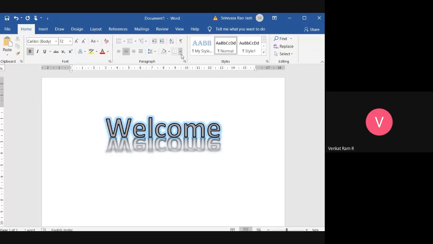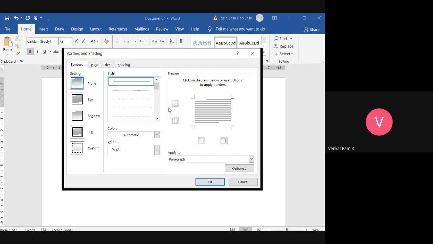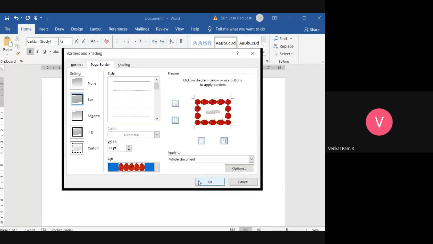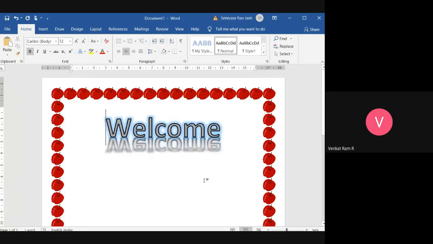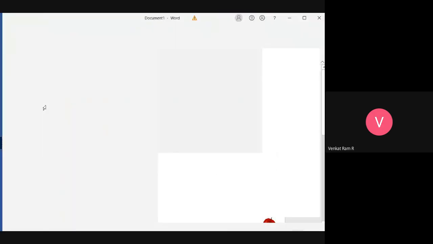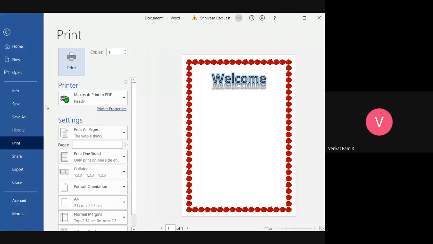Okay, sir. Even if you set a border before on the paper, definitely you will get it. See, I will set some borders for you people. Go to page border. If you want any art, just select it. I clicked OK. Now see, Control plus P, I am clicking. Have you seen? Even the border, whatever you are giving, you are going to get.